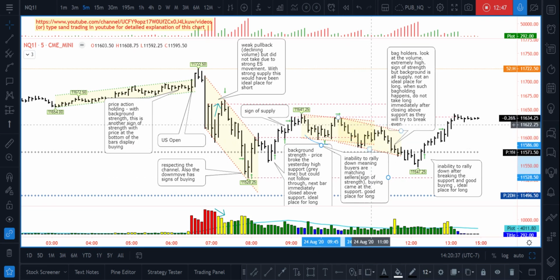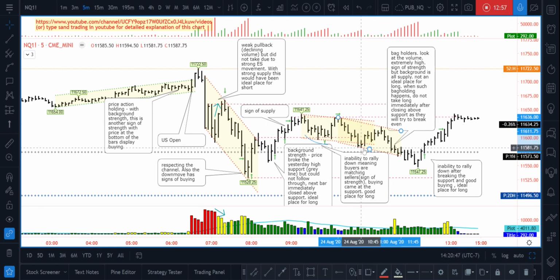I drew another channel with more inclination compared to the previous one, this channel versus this channel. As you can see, it's a little bit more inclined channel. So I drew this channel again. This time, when I see that it did not make as high as this previous high, so meaning lower high, in a downtrend it's a lower high, I was expecting this channel to be broken. That is the reason why I did not take a long here.